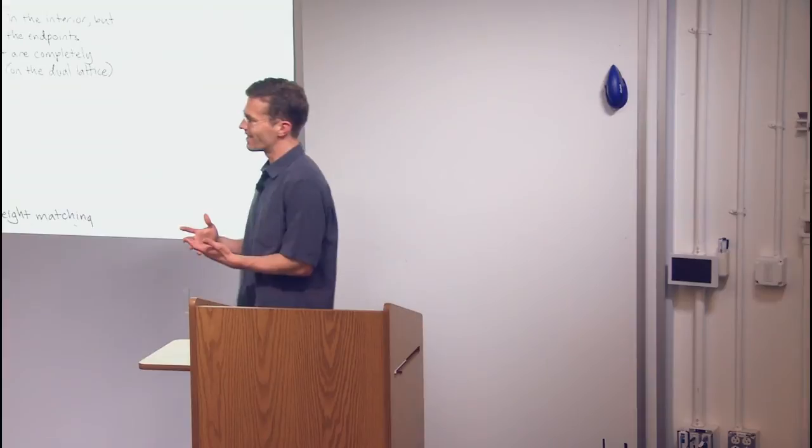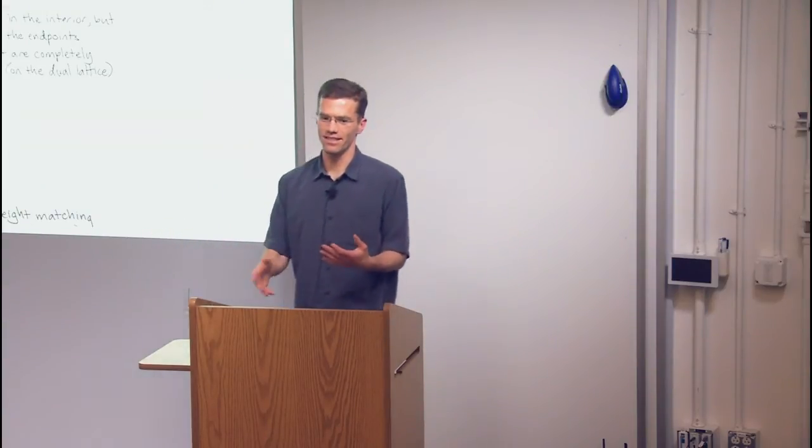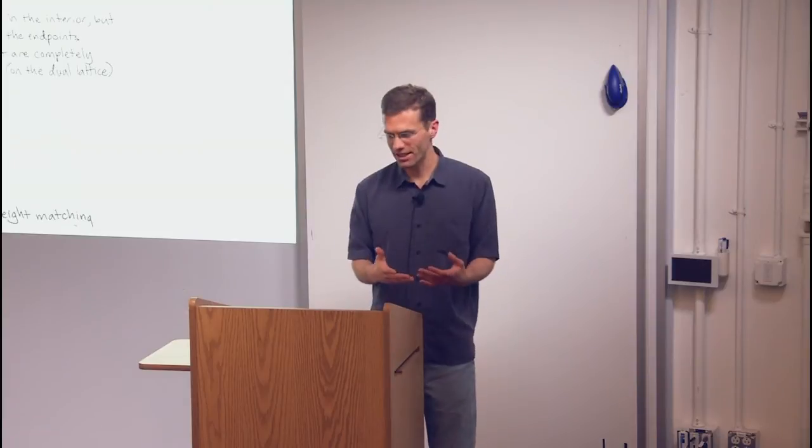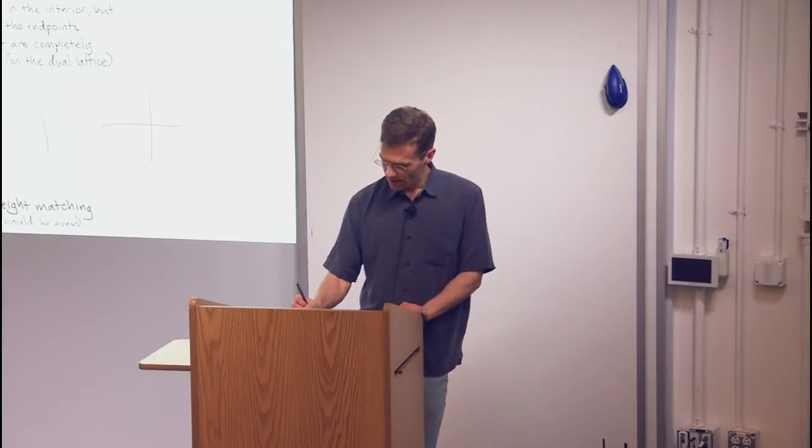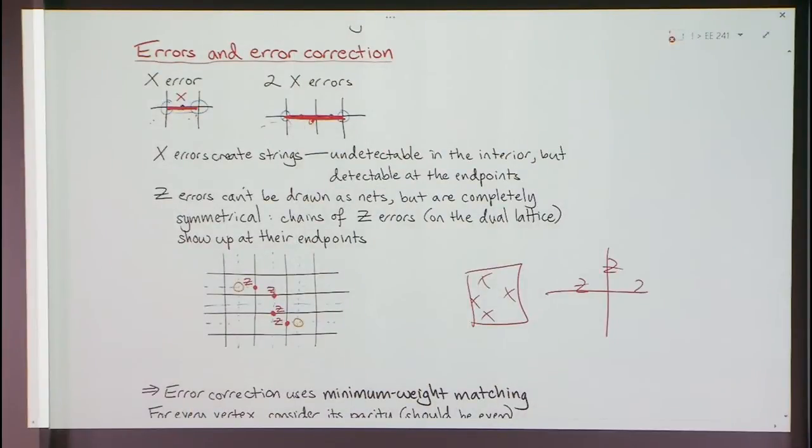it's hard to see now, right? Because my picture is sort of biased toward the computational basis, this picture of string nets. But actually, Z errors, it's all the same, just in a dual picture. X's and Z's are not really any different, because an X operator acting on these 4 qubits is the same as a Z operator acting on those 4 qubits, if you switch X's and Z's and you shift the lattice by half a unit. That's why you can see it's symmetric. And so if you have a string of Z errors, again, you'll detect that at the two endpoints. That's how you can see what Z errors do.